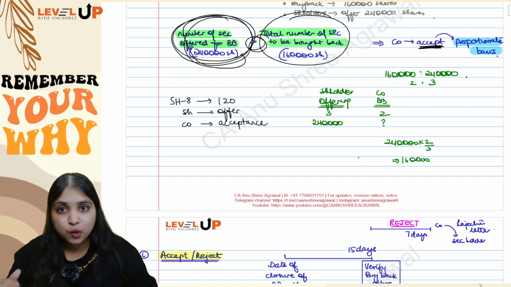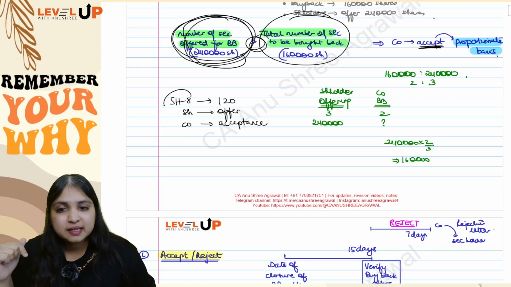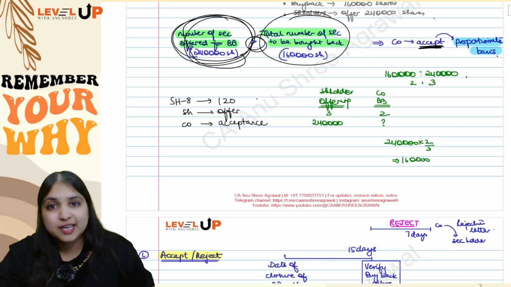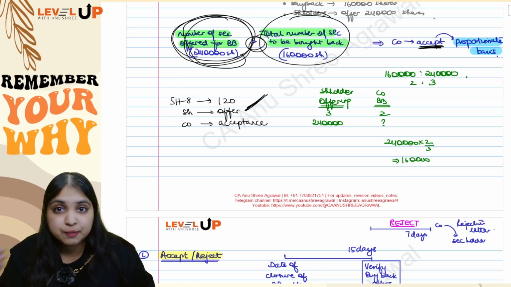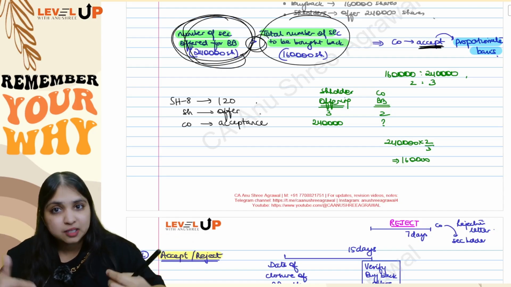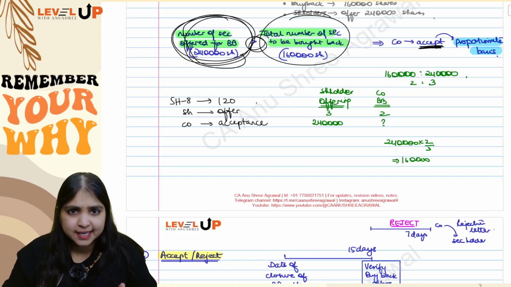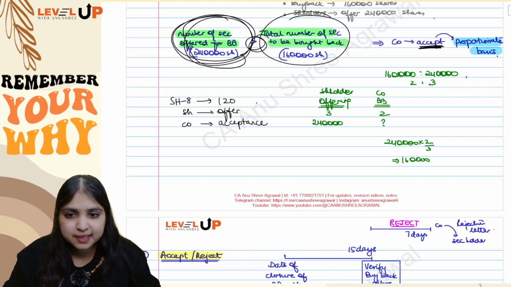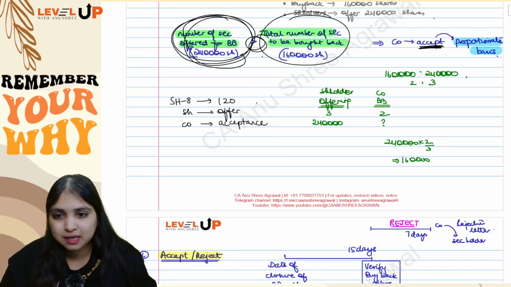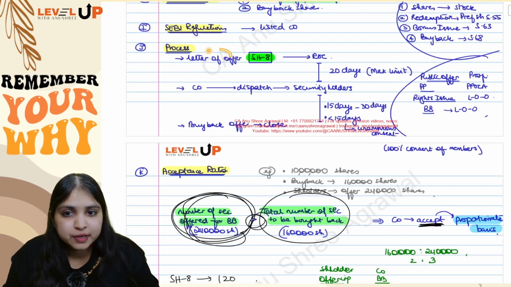Then the buyback offer period will open. It will stay open for a minimum of 15 days and a maximum of 30 days. The time limit will be written in SH8 itself. In that period, the shareholders will offer their shares for buyback. Sometimes they offer too many shares, which results in an oversubscription of the buyback offer. When that happens, the company will accept the shares for buyback only on a proportionate basis. Got it, guys? Nothing much, very easy. If you remember it this way, as an invitation to offer, you will definitely not make a mistake. So, coming back to the process now,